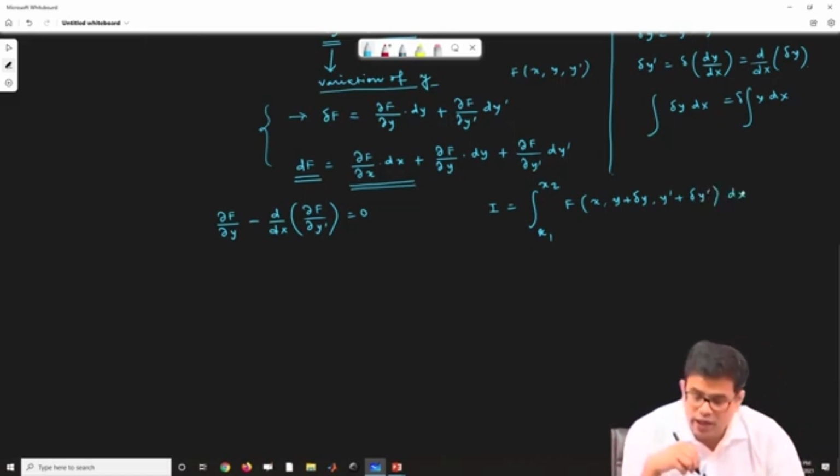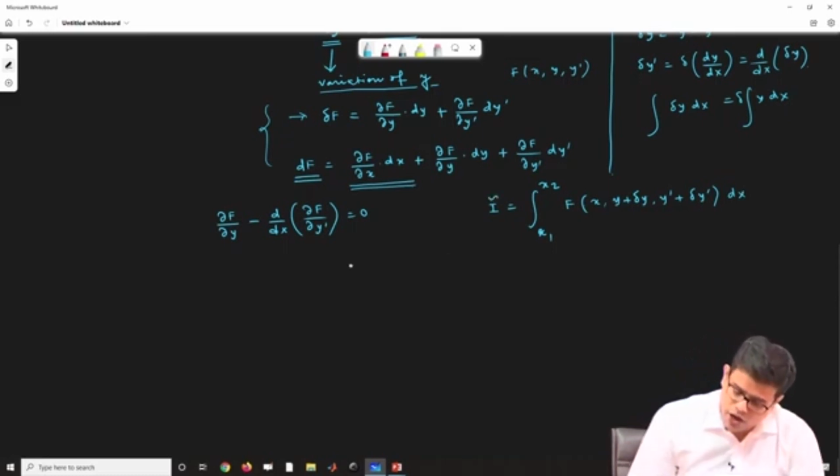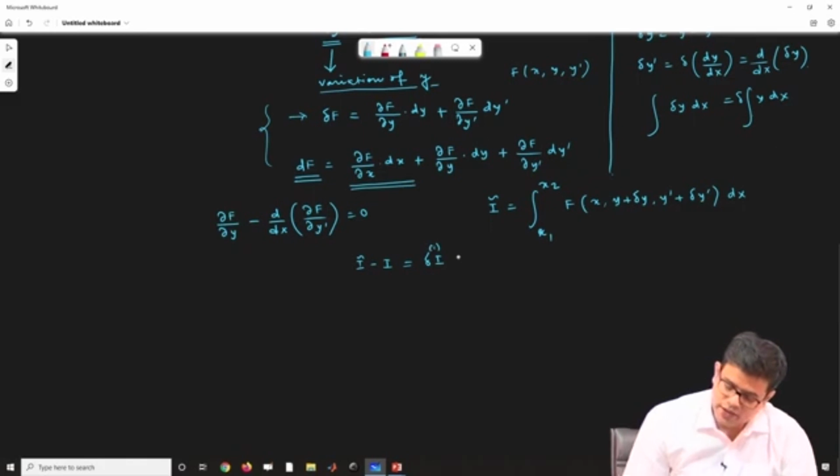The way that I have derived in the previous class. So this is my I tilde. So I tilde minus I is essentially, now I'll call this the variation of I, which is the first variation, specifically the first variation of I, or first variation of the functional. So that has to be 0. So to do that, if I follow the same way that we did earlier,